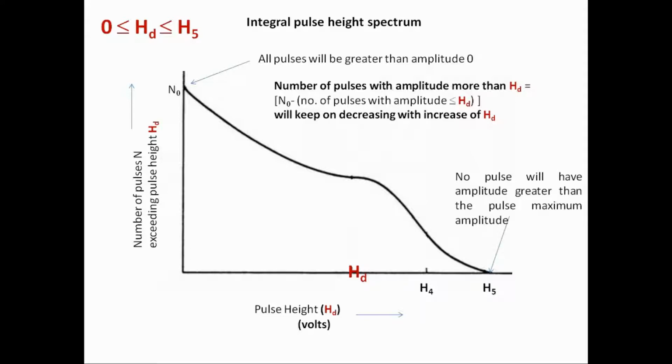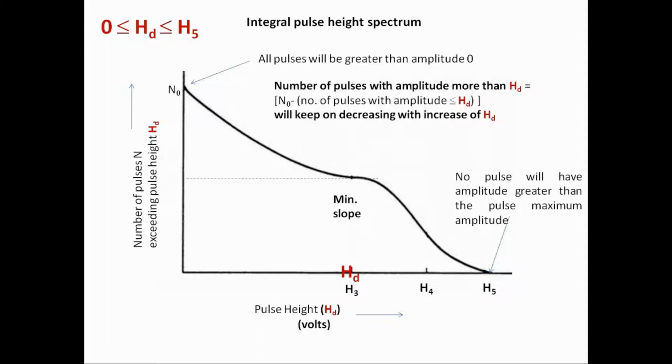In setting up a pulse counting measurement, it is often desirable to establish an operating point that will provide maximum stability over long periods of time. For example, small drifts in the value of HD could be expected in any real application, and one would like to establish conditions under which these drifts would have minimal influence on the measured counts. One such stable operating point can be achieved at a discrimination point set at the level H3 in this figure. Because the slope of the integral distribution is a minimum at that point, small changes in the discrimination level will have minimum impact on the total number of pulses recorded.